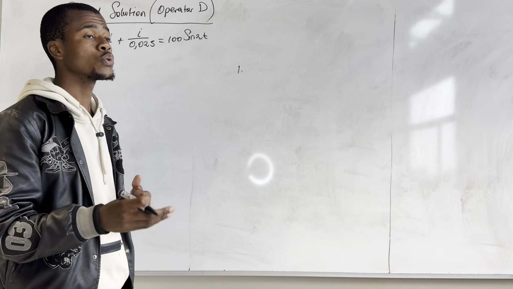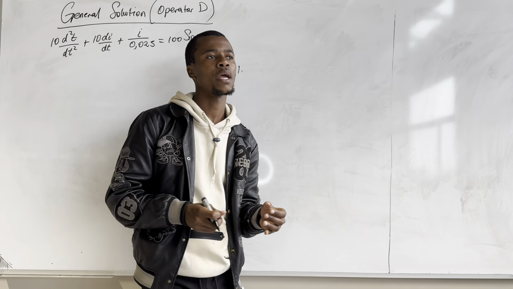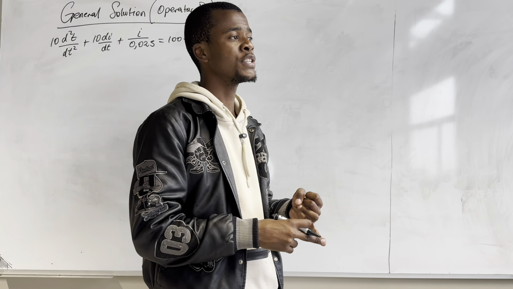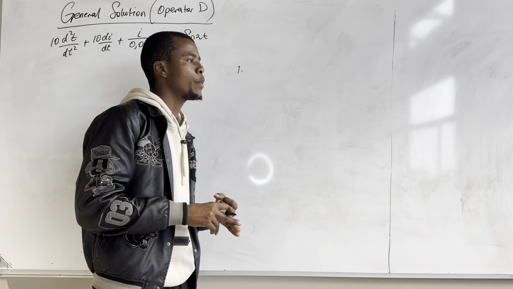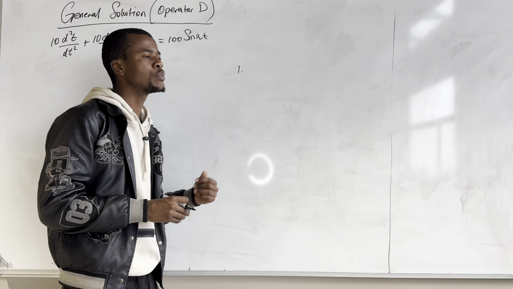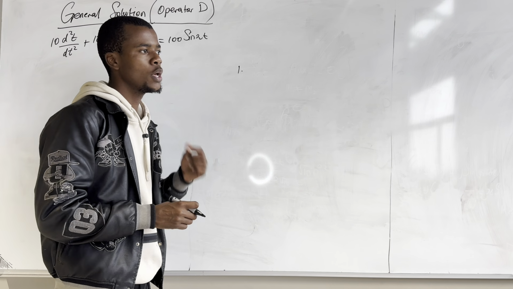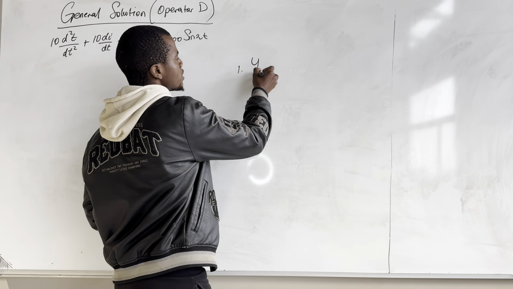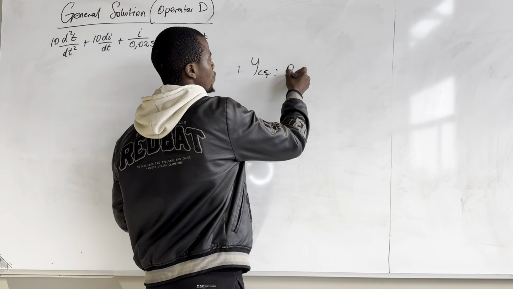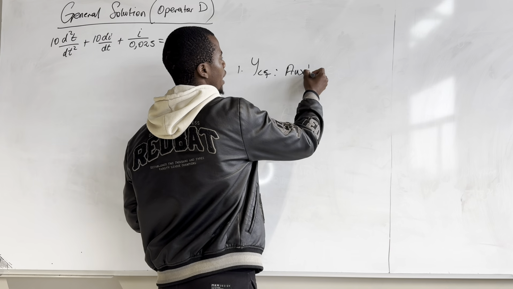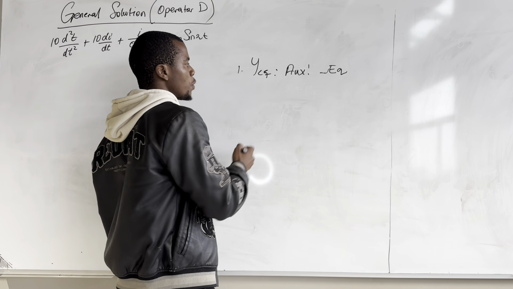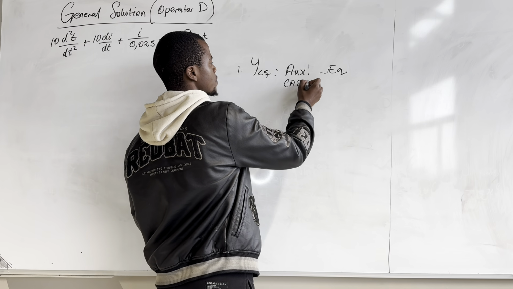So the general solution is whereby we are combining, or we are looking for the sum of the two, the complementary function and the particular function. So I'll just dive deep into the complementary function, because when we are looking for a complementary function, we are actually using the skills of the auxiliary equation. So we remember that on auxiliary equation we have some cases